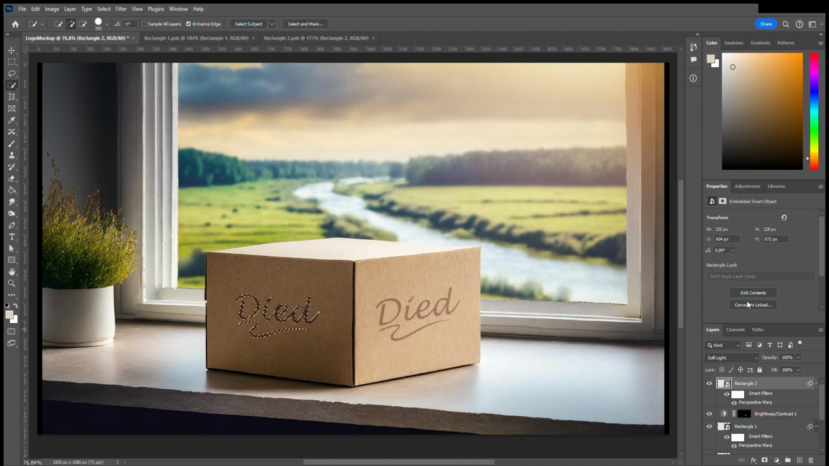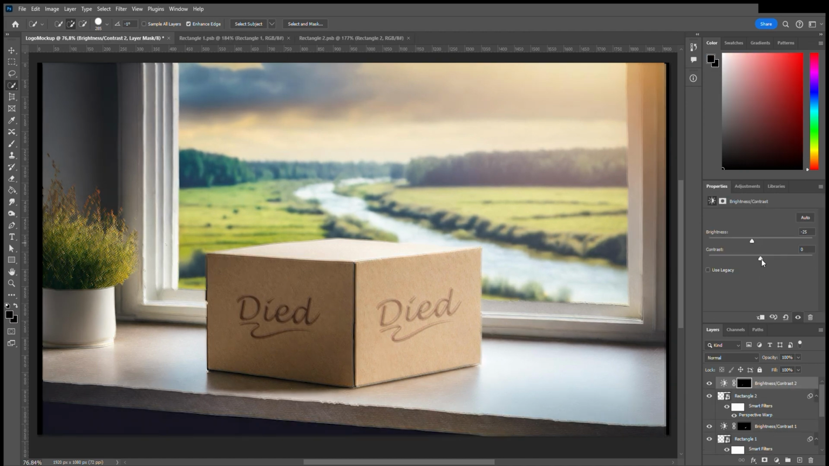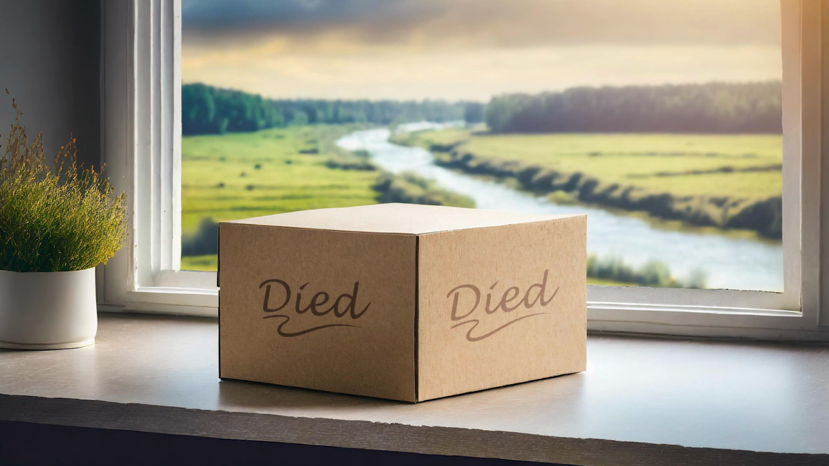So now you can just export it as an image and you can use it just like this one. So I hope this tutorial gave you a little insight